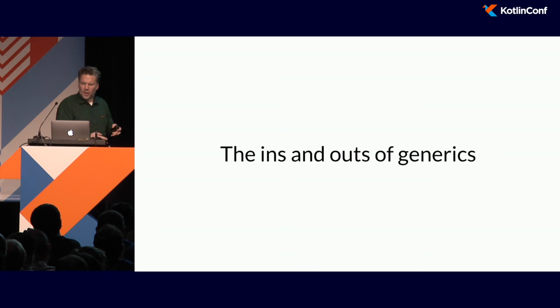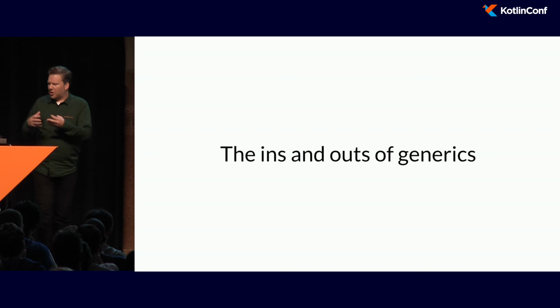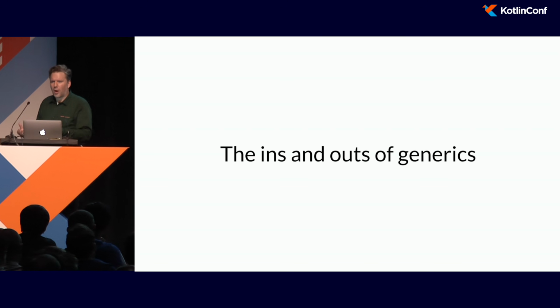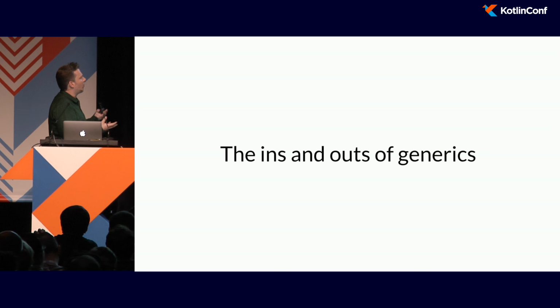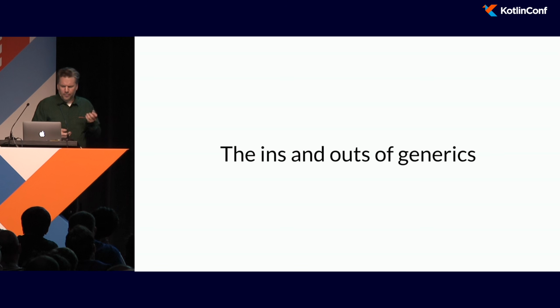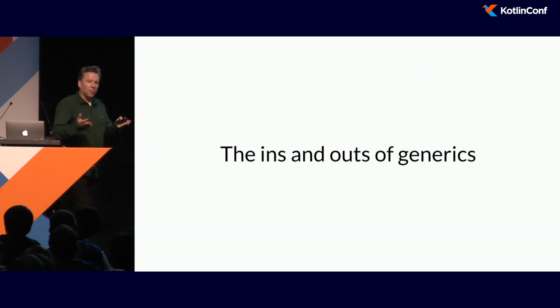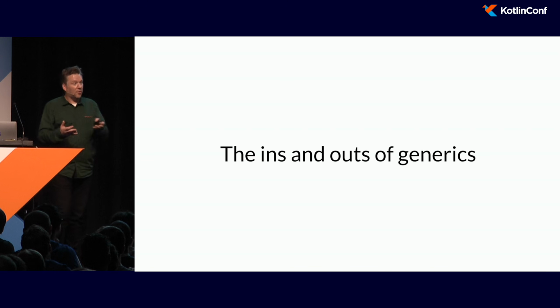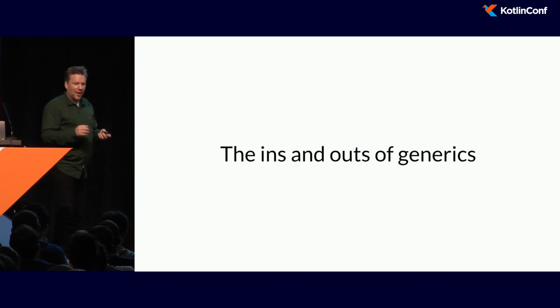All right, so we've looked at the class hierarchy. So let's have a look at generics, since that's another important part of the type system and is widely used in domain modeling. So again, it won't surprise you that generics also involves a lot of subtyping. That's the fundamental conceptual model to get your head around in Kotlin.